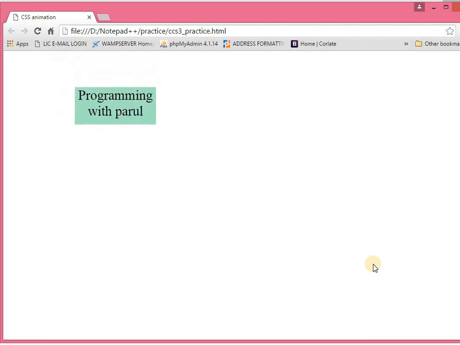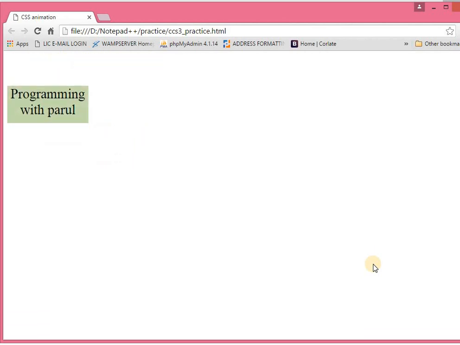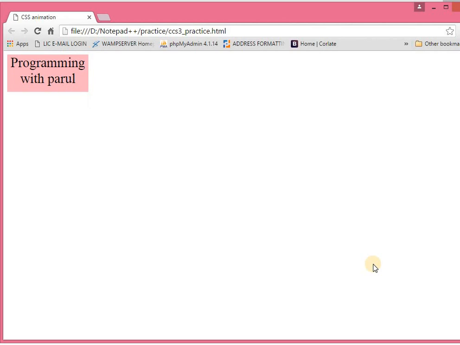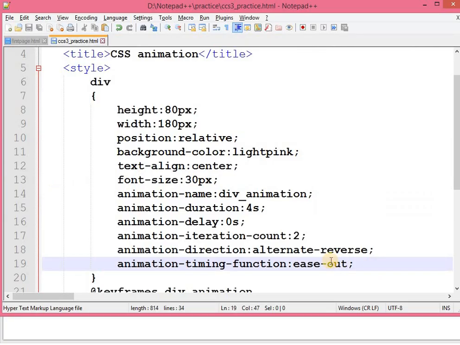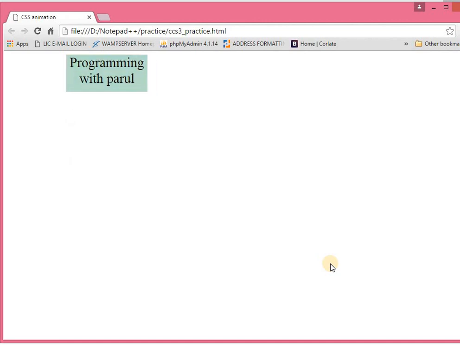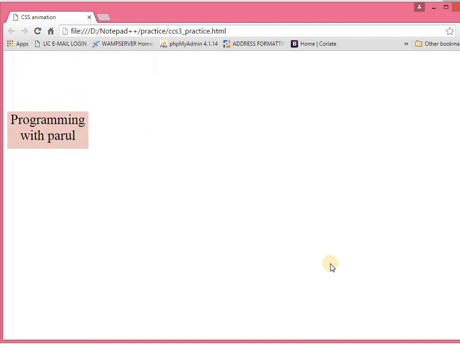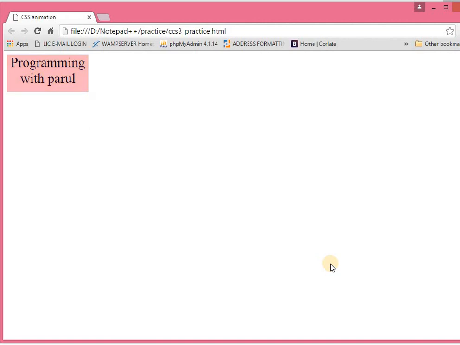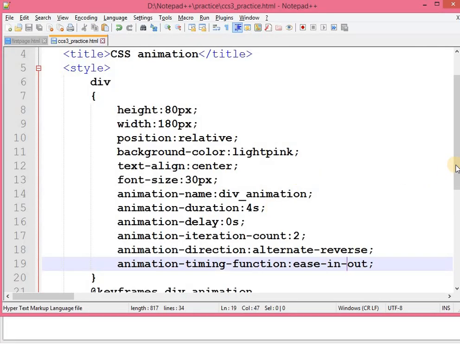You can see that initially it has a speed high compared to other times. So this is how it works. You can also apply ease-in-out. In the intermediate phase it will have normal speed, but at the starting and ending it will have slow speed.